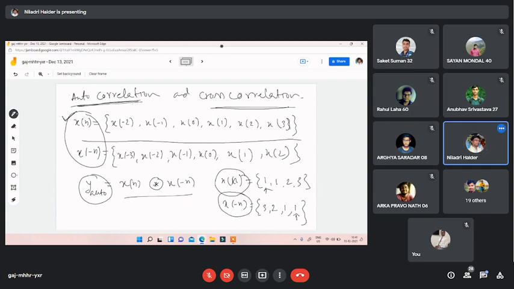Simply do the convolution between these two. You will get your autocorrelated value y(n). For this case, you can use the linear convolution method for circular convolution, or you can use the other method, whatever you choose. In that case, the value will be 3, 5, 9, 15, 9, 5 and 3.